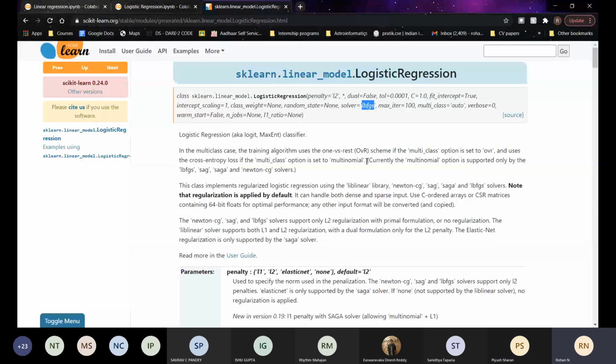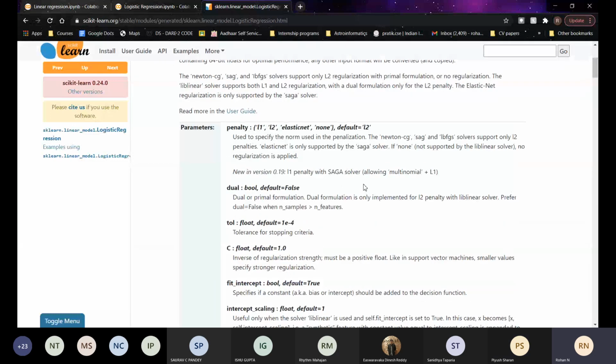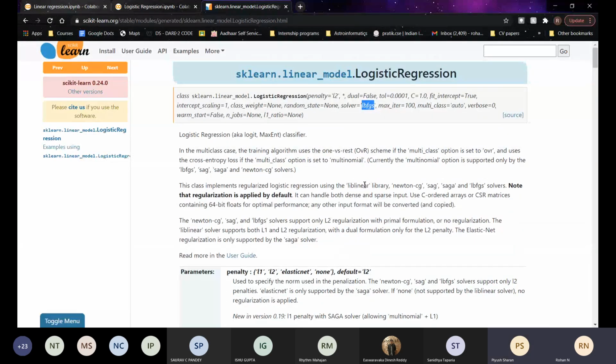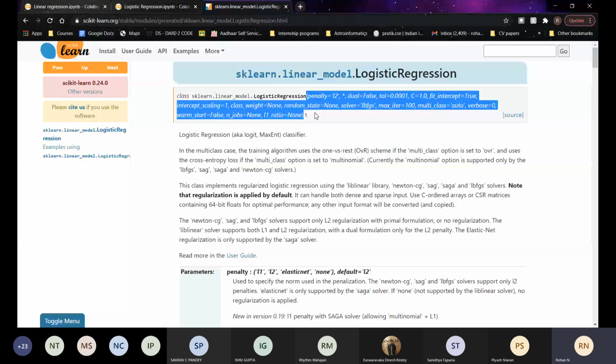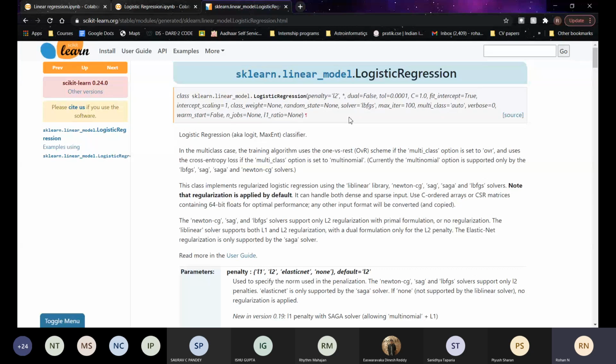So you can see that these are all the parameters in our model which you can change. You don't need to go through each and every one of them. You will find out which of them are very relevant and which are not. So for example, our solver here was LBFGS, as I mentioned.